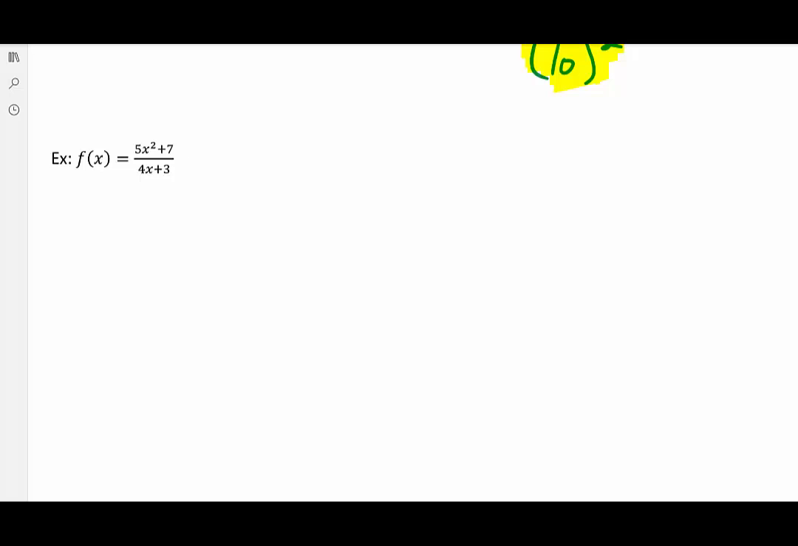Here we go. F prime of x is low, so it's 4x plus 3 in parentheses times d high. I have to take the derivative of my numerator, derivative of my high function. The derivative of 5x squared is 2 times 5, which is 10x to the first, and the derivative of 7 is 0. So there we go. Let's label this up, actually. This is low d high